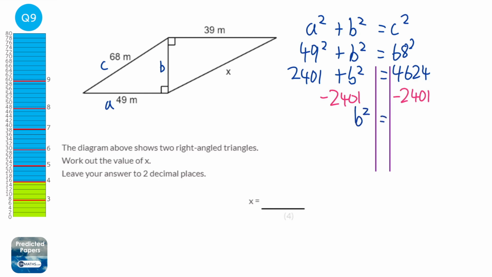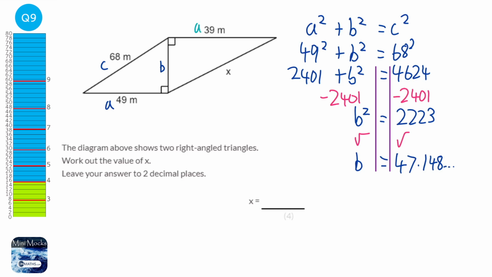So we've got b squared equals 2,223. Then we're going to square root both sides, and we've got b equal to 47.148, and so on. Okay, we're now looking at the second diagram, and this time we're going to have A,